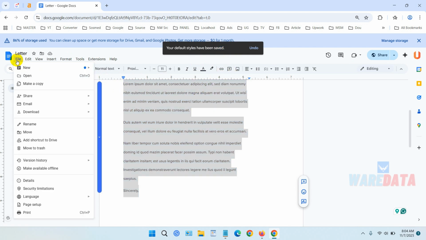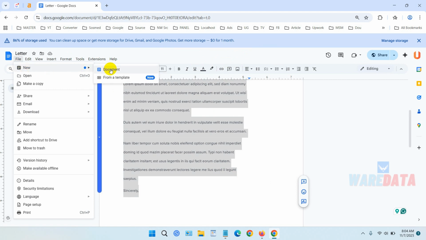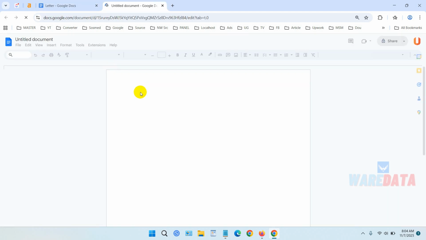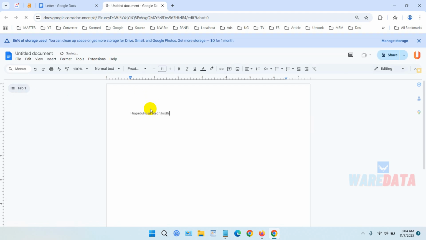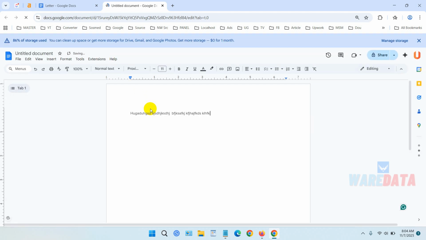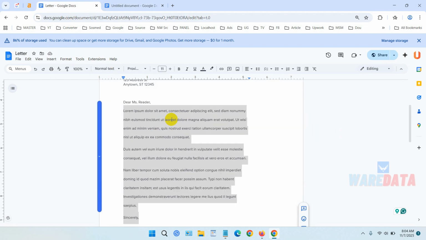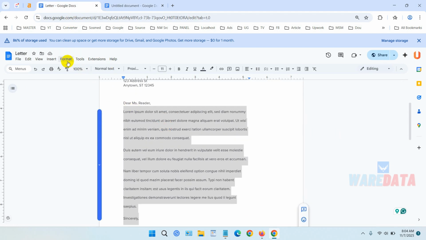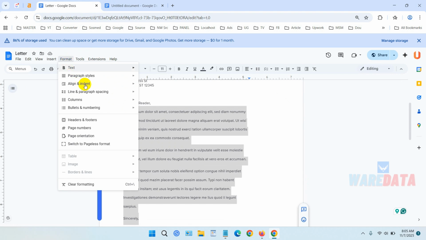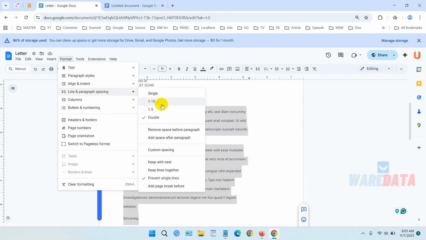But let's create a new document and type a paragraph here. You can see the space is double like the others before. Okay, you can also customize this in Format and select Line and paragraph spacing, and